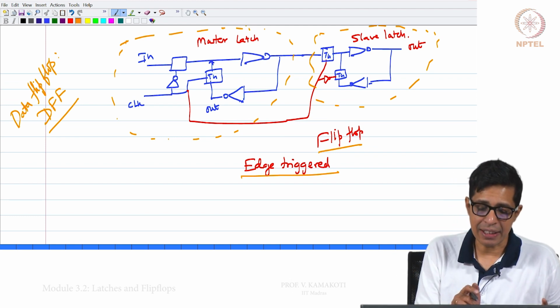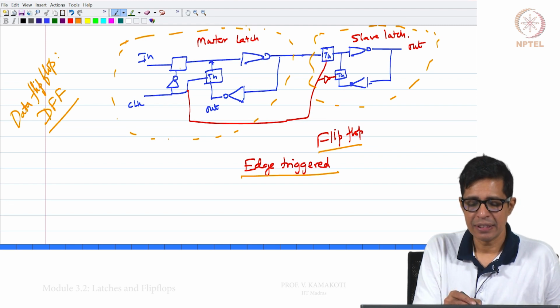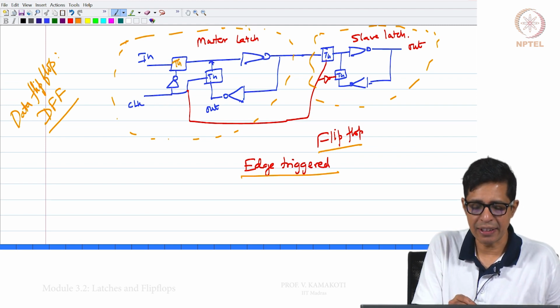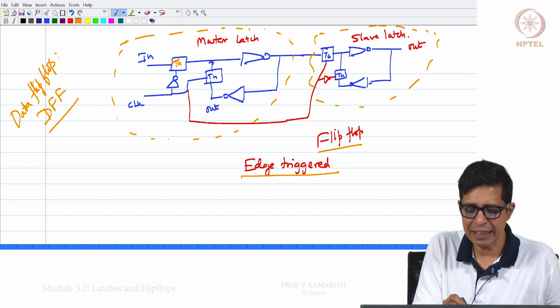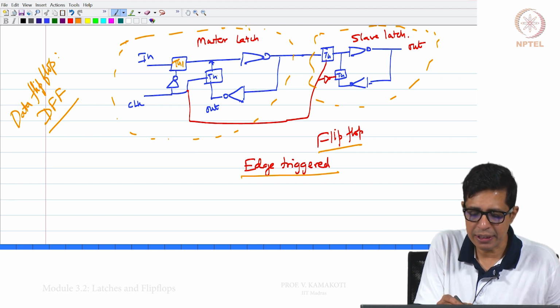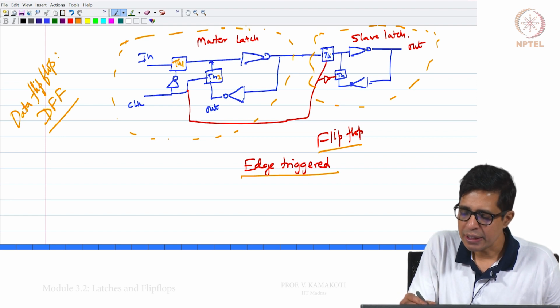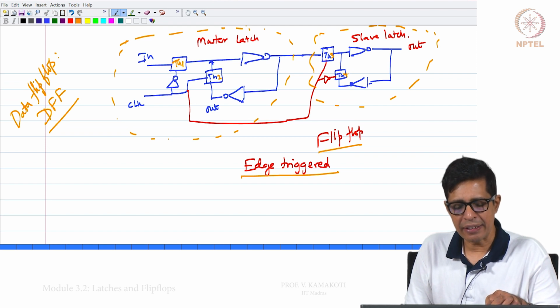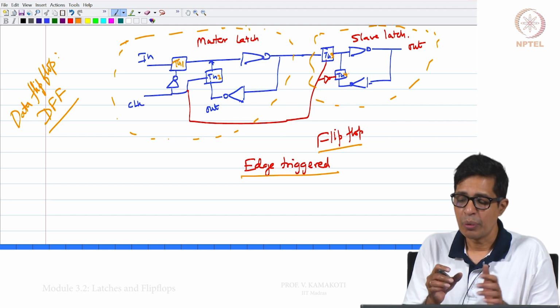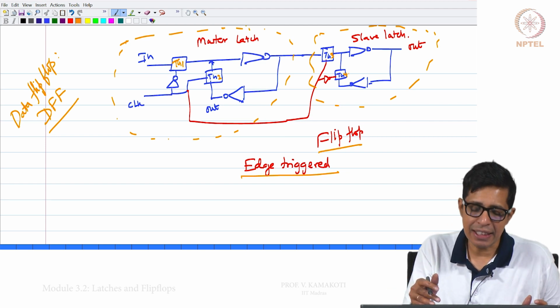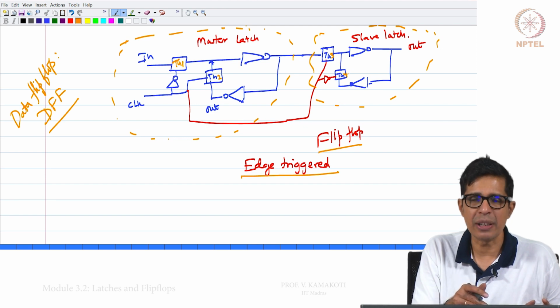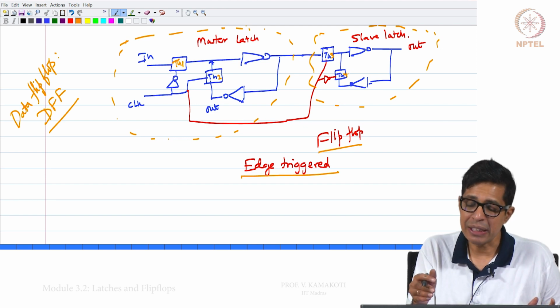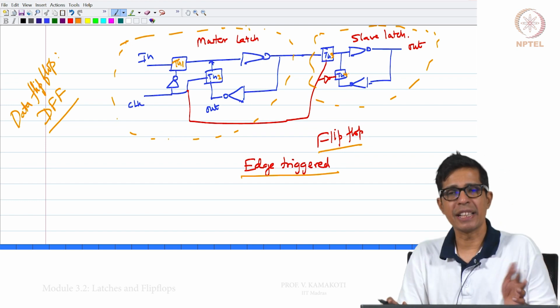In the master latch, the first transmission gate gets the inverted clock. Let me call them TG1, TG2, TG3 and TG4. TG1 gets the negation of the clock, while TG2 gets the clock itself. In the slave latch, TG3 is the counterpart of TG1 but it gets the clock directly, while TG4 gets the negation.